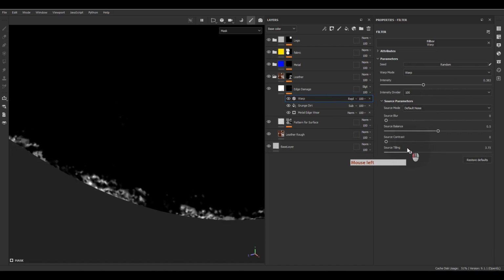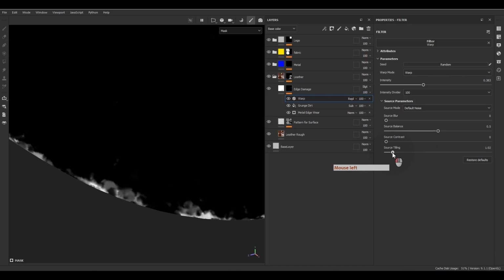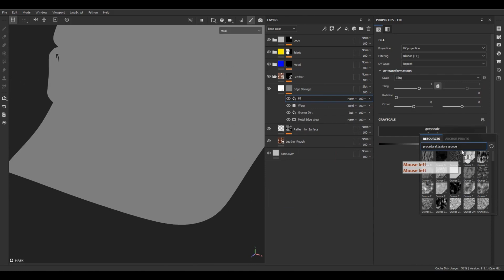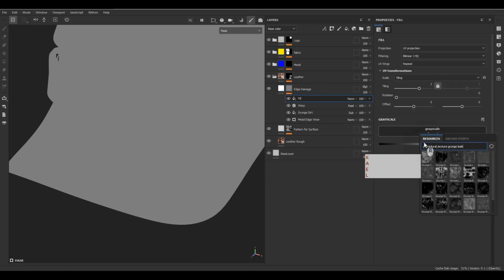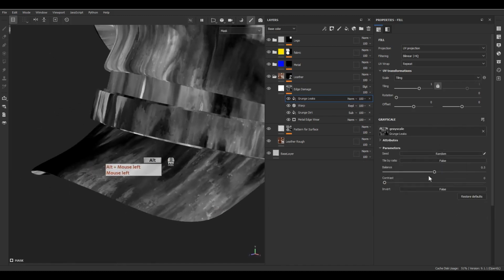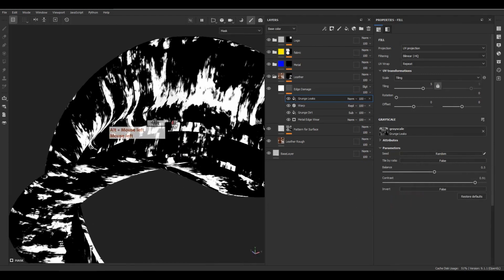For example, source tiling, it can increase our noise tile. Okay, that's it. And you can play with the source builder to have some specific result. So let's increase the intensity to something like this. And after that, I'm going to add another fill layer and let's have some grunge leak. Maybe this one. Yeah. And increase tiling to something like 5 and increase contrast to have solid effect